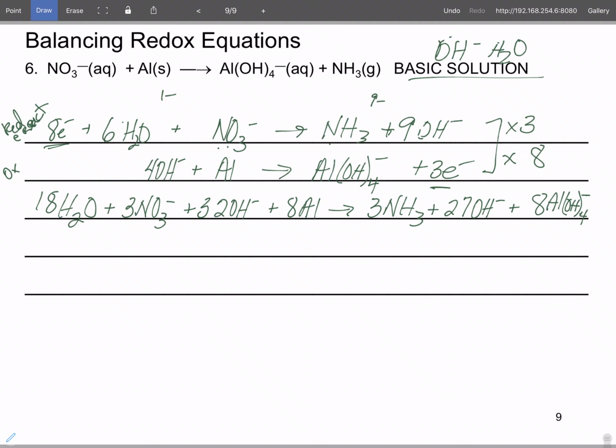Okay, so now when we look at this, we've got water on one side,